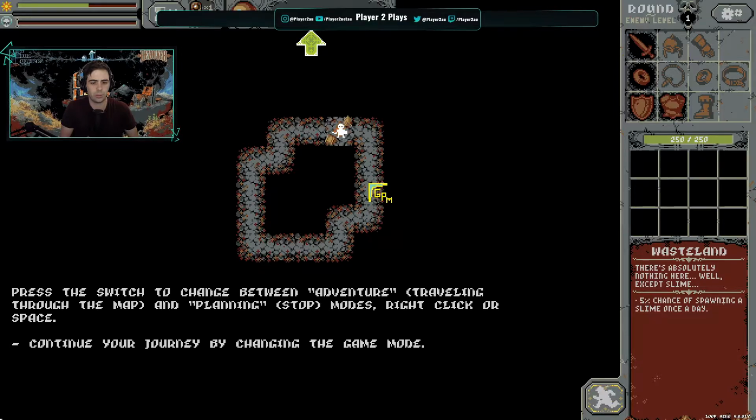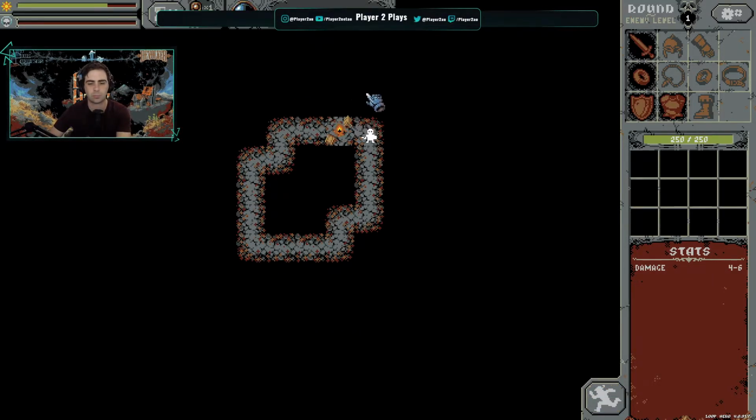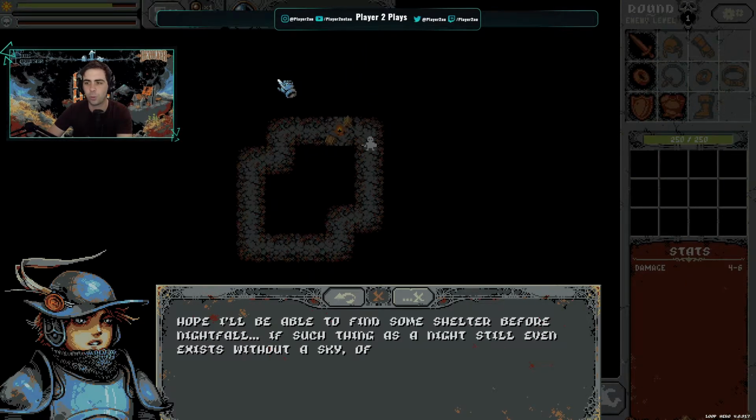Press the switch. I might go keyboard and mouse. I think that's going to be the... Wait, so what do I... Press the switch to... Right click or space. Yeah, so everything's clearly built for the mouse and keyboard at the moment. I'm sure there'll be gamepad controls added in, but right now...